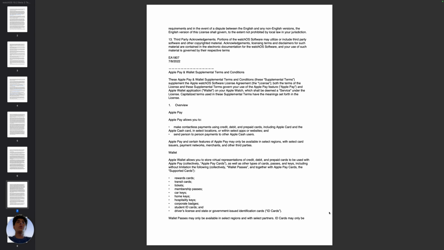Wallet. Apple Wallet allows you to store virtual representations of credit, debit, and prepaid cards to be used with Apple Pay. Collectively, Apple Pay cards, as well as other types of cards, passes, and keys, including without limitation the following, collectively, Wallet passes, and together with Apple Pay cards, the supported cards: rewards cards, transit cards, tickets, membership passes, car keys, home keys, hospitality keys, corporate badges, student ID cards, and driver's license